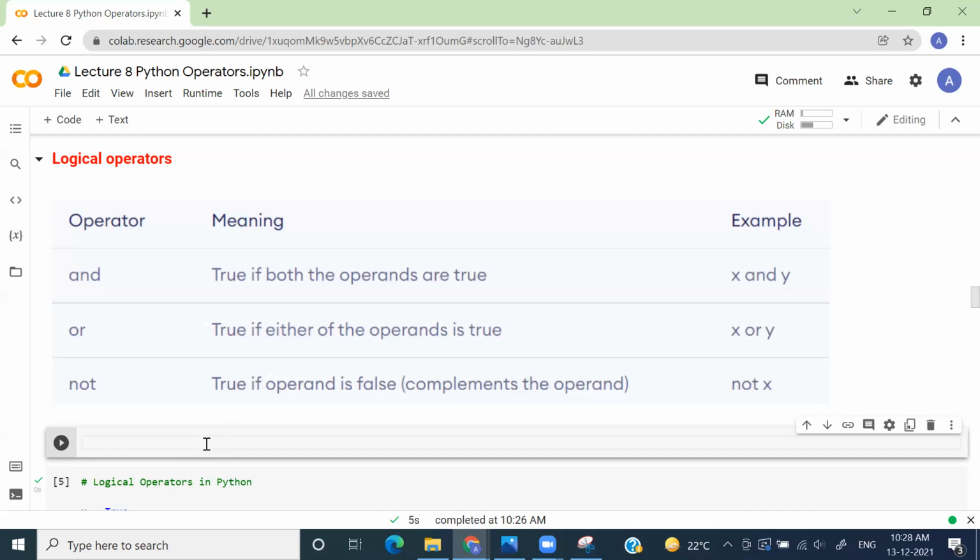So here what we are doing is we are using an AND operator. First of all, we are checking whether the day is sunny or not. If it is true, and if I have got money in my pocket, if both the outputs are true, then only I'm going to eat ice cream, right? Do you understand how we are making use of this AND operator? If the output of both the conditions is true, then only it will give output as true, otherwise it will give output as false.